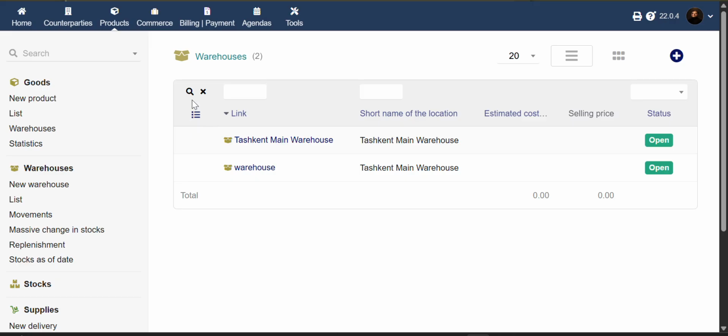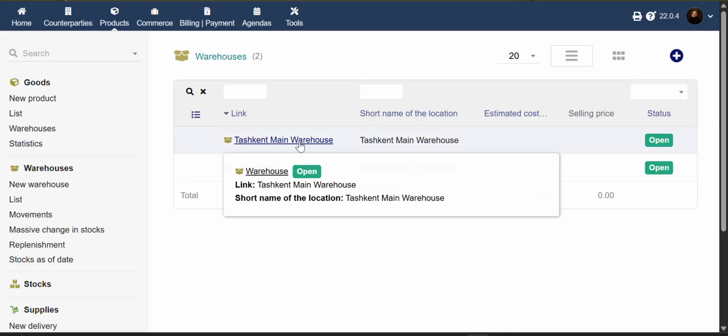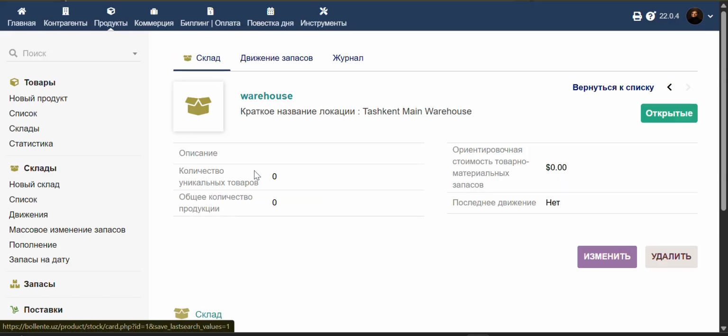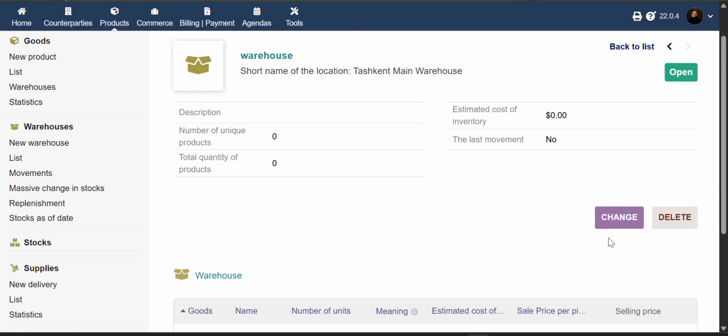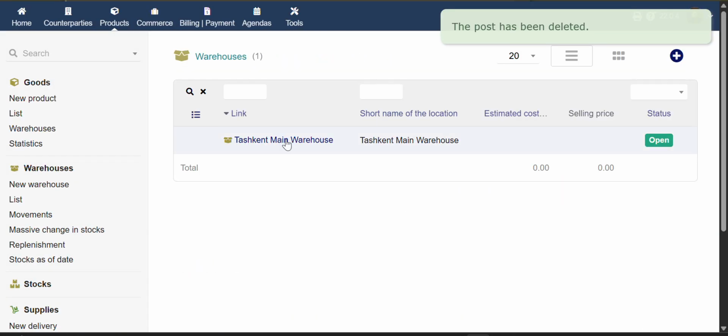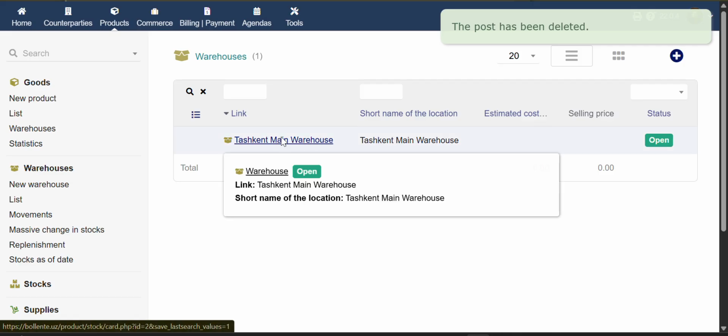there are two warehouses, Tashkent main warehouse and warehouse, right? So what we can do now, this is the old warehouse, so we can delete that one warehouse. Okay, now we have only one. We click on that,